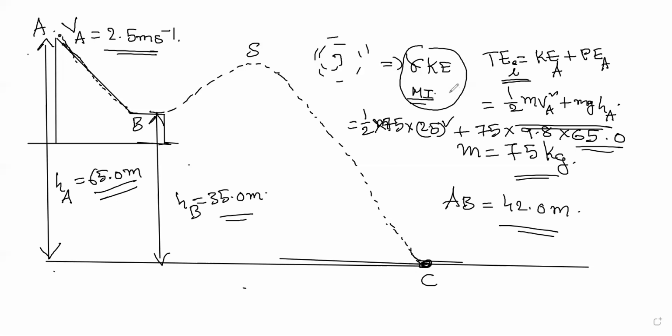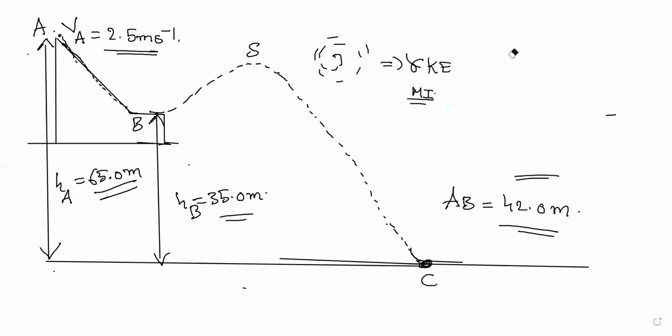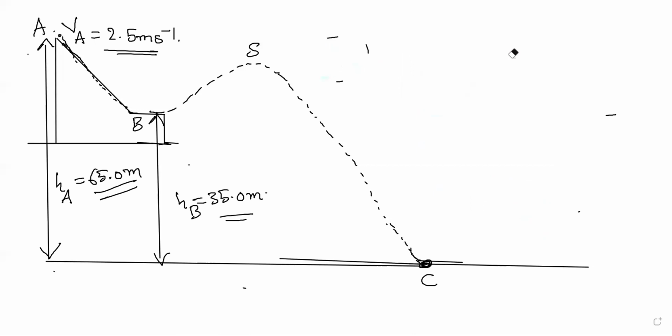After this, they asked a few more things. When he starts, the initial velocity is small. Because he is under the influence of gravity, the velocity gradually increases as he is accelerated by gravity. When he reaches point B, he will have gained some velocity. At B, the velocity is 18.4 meters per second. This is the velocity he gained.